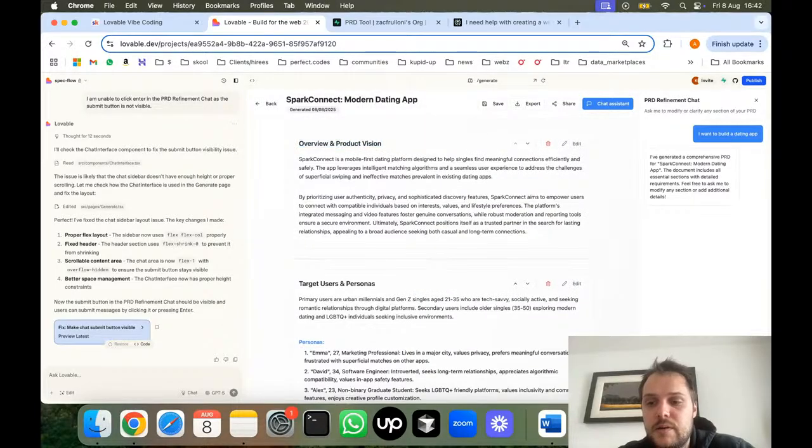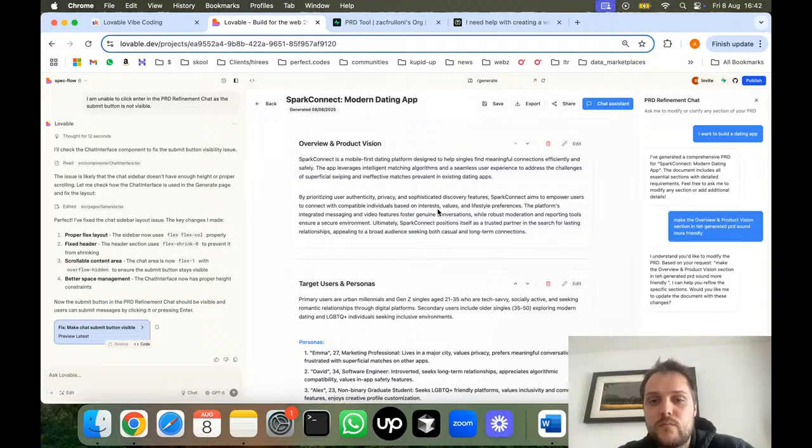Spark Connect, make the section in the generated PRD sound more friendly. Let's see what it does. Well, the reason, wait, I think I need to store this actually in Supabase for it to then update it. Yeah, so